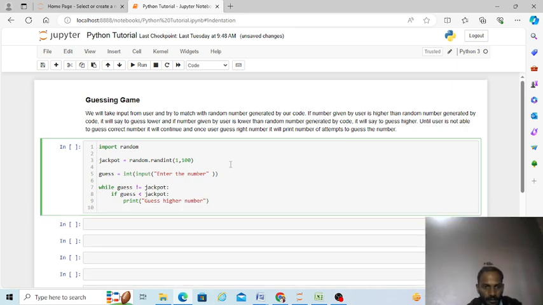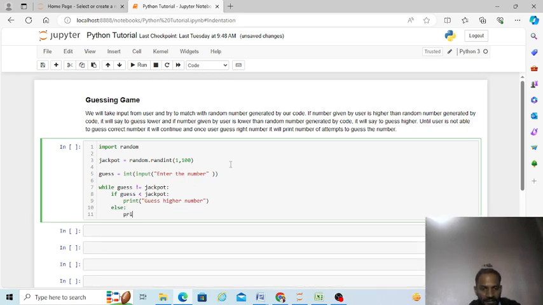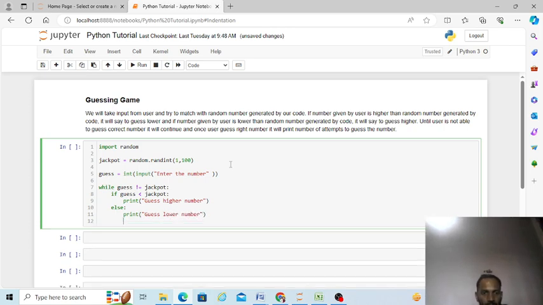and if guess is higher than the jackpot number or the system generated number, it will say guess lower number. And once it has said that, it will ask to input the number one more time,